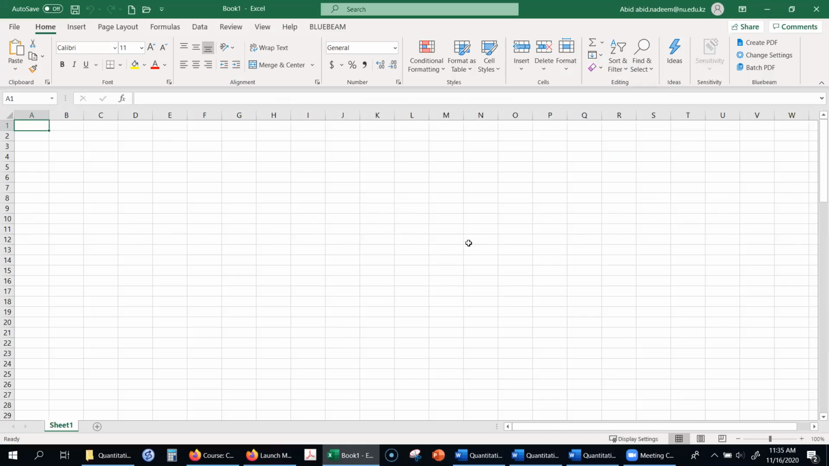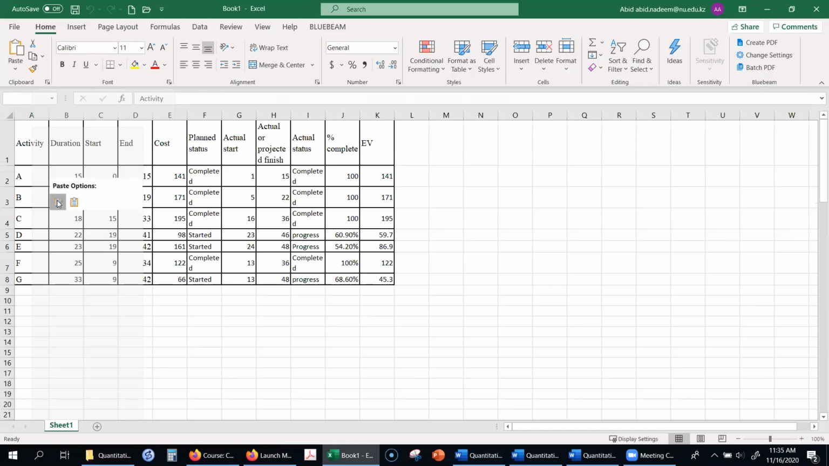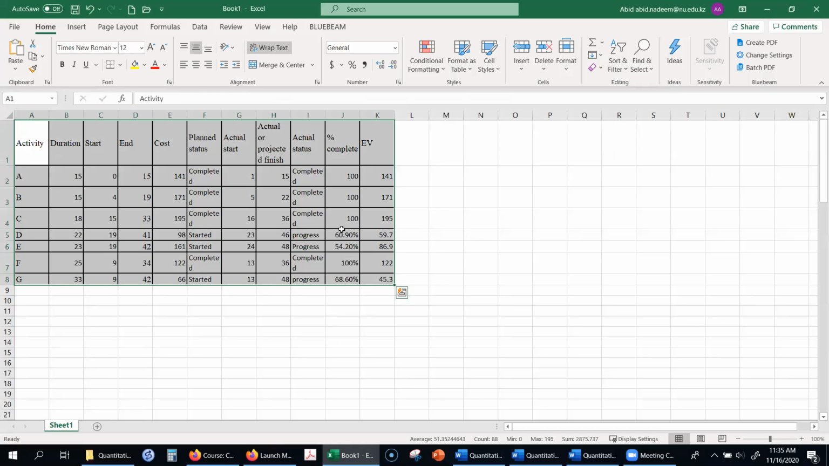So I have opened Microsoft Excel. Can you see the Excel worksheet? Yes. Okay, so I have copied this data over here, and now I want to somehow plot this data